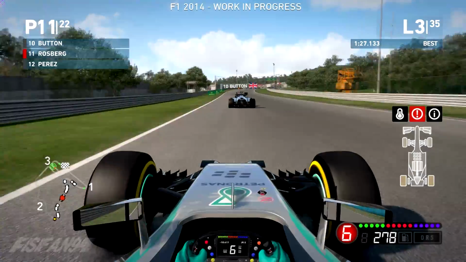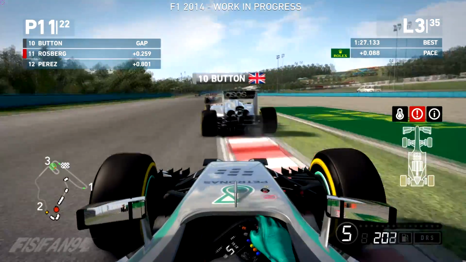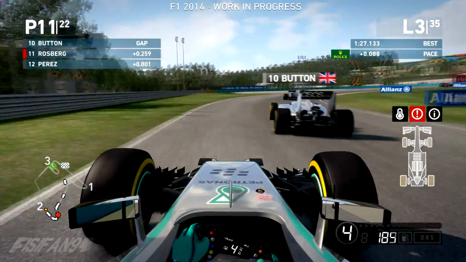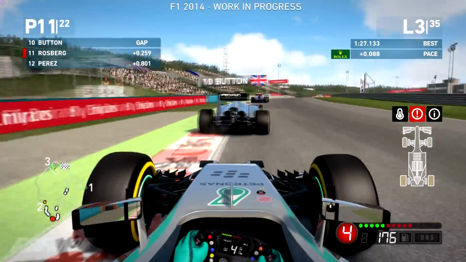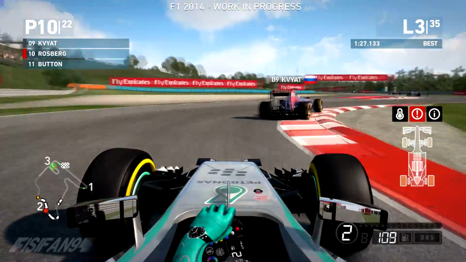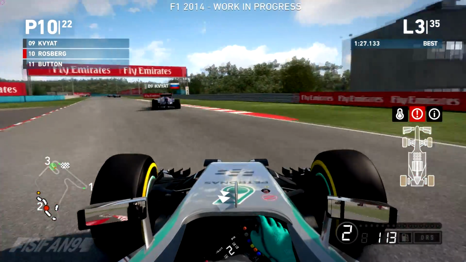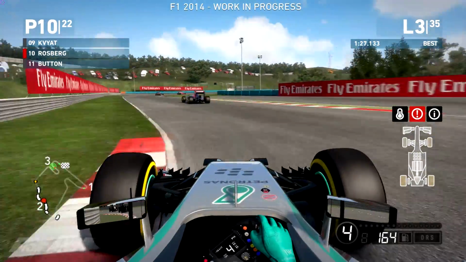But let's try to calm down a bit now, as we have Jenson Button in 10th place just ahead of us, and this time showing this left-hander a little bit more respect. Jenson Button not having the greatest of corners there. I'm really close to him going towards the chicane, diving up the inside, just about getting slowed down for the apex, and we've got the move done for 10th place as we drive into this really tricky middle sector